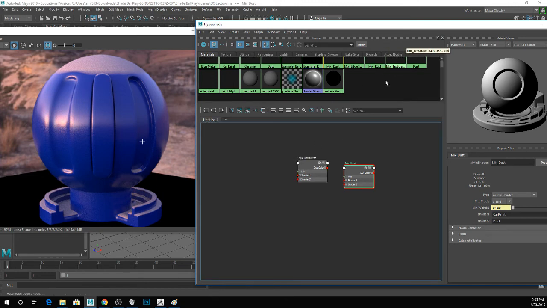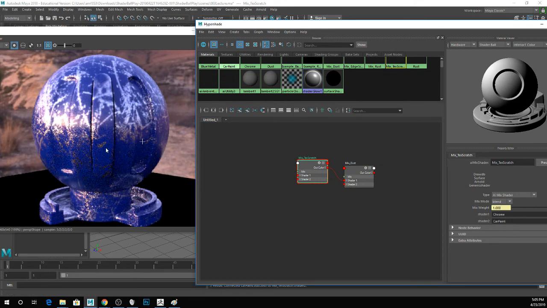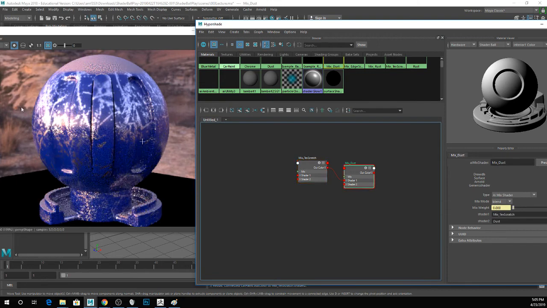So here I have my scratches. So I'm just going to throw that in and replace it with car paint. Oh right, I forgot I left this one with blue metal in it. All right. Cool. So now you can see I have my really ugly layer of dust over my very questionable